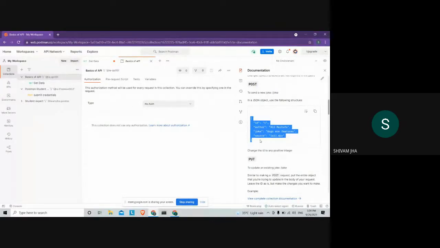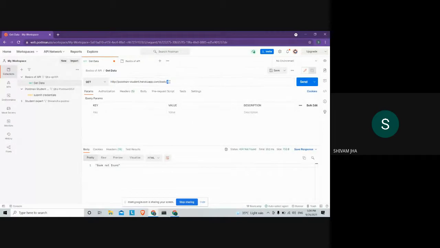Okay, so like this was a joke API, and this was how we post in the joke API. But if we see our book API, let's see what are the fields common in our book API. I'll get a dummy. Yeah. So what we see here is that any of our books that have been stored in the database contain 4 parameters, 4 keys. First one being the ID, second being the author, third being the book name, and fourth being the link. Now, what we need to do is copy this schema.